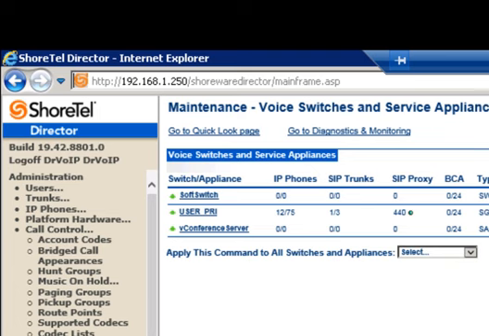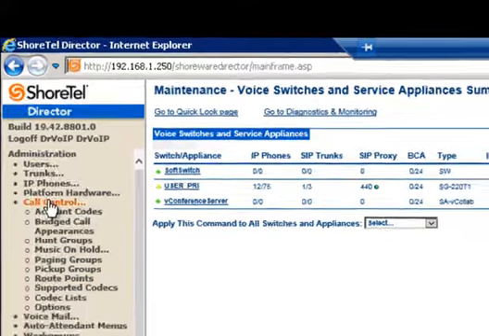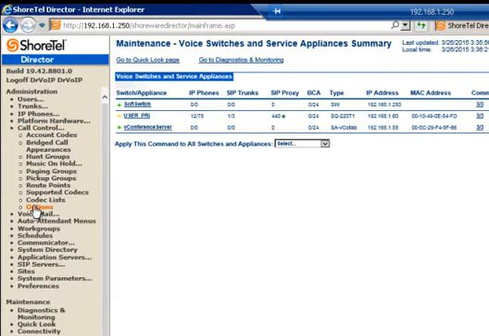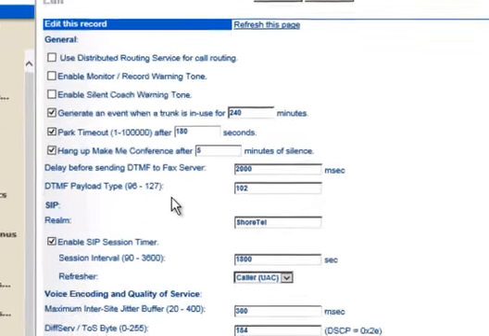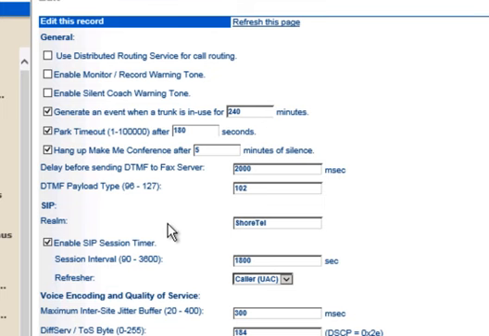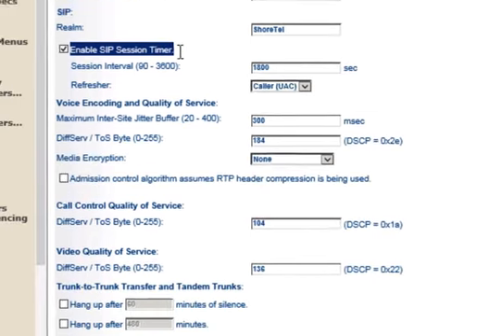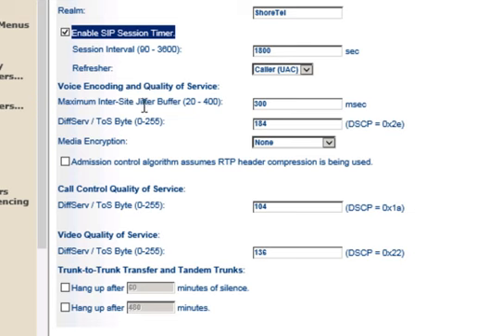So let's take a look at the configuration, and this, for the most part, will apply to both sides. We'll go to call control, and then down here to options. And what we're looking for here is a couple of settings that we just want to be certain are in place. You can go through all of these as you may be using them for your traditional TDM type circuits. Enabling your SIP session timer, the default value is 1800 seconds. Setting your differentiated services code point